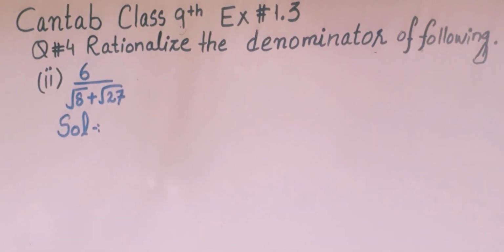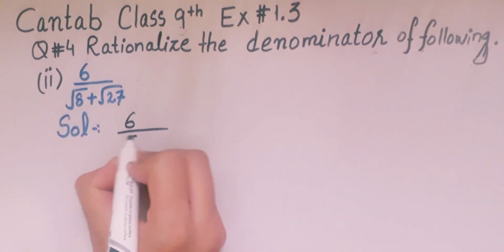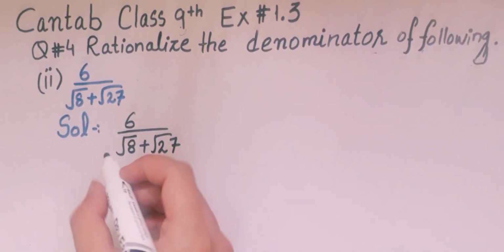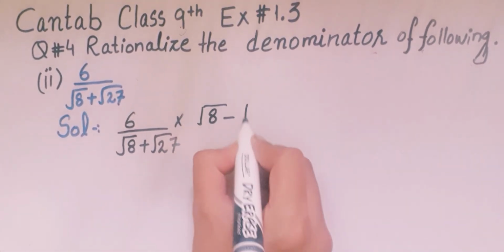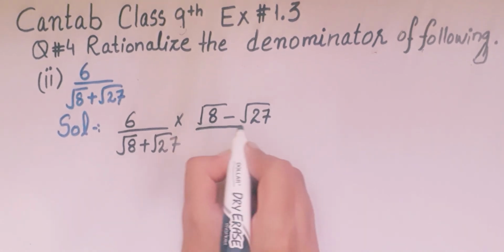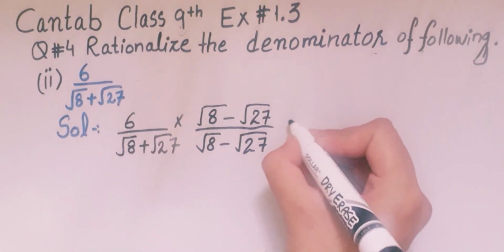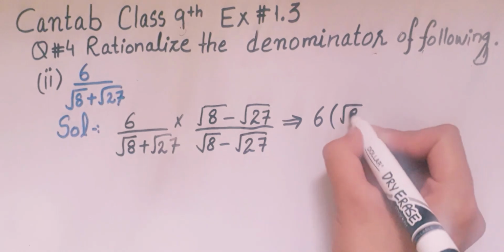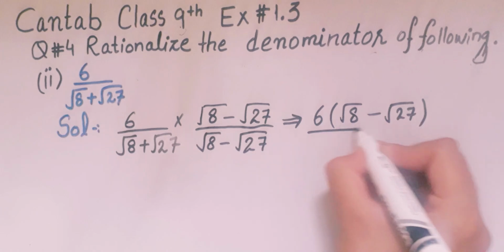Now here part number 2 is 6 by square root of 8 plus square root of 27. We will solve this. 6 by square root of 8 plus square root of 27. We will multiply and divide by the conjugate of this, that is square root of 8 minus square root of 27 by square root of 8 minus square root of 27. So it will become 6 into square root of 8 minus square root of 27 by,